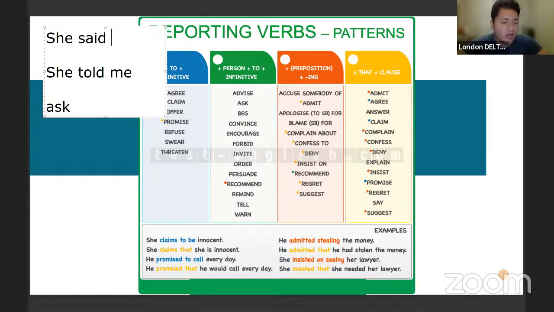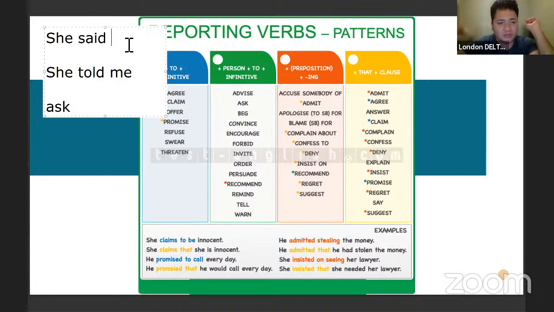So you cannot say she said me, okay? This is not correct. She said me doesn't exist, okay? So you would say she told me. Se utiliza said, no vamos a mencionar a la persona a la que le estamos contando, más bien utilizaríamos told. She told me, okay? So she said,